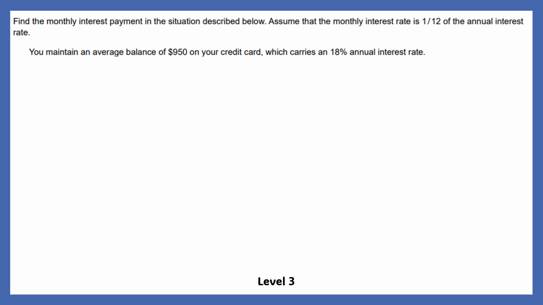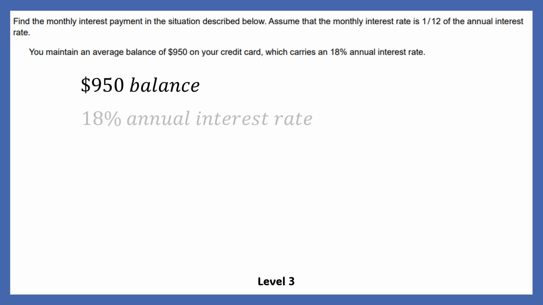All right, so in this one, we're going to find the monthly interest payment on a credit card. And I don't want you to overthink this one. So in this case, you have an average balance of $950 on your credit card. And if you don't pay it all off and you carry that balance, you have to pay interest every month. You have to pay your finance charge. And if the interest rate on your credit card is 18%,